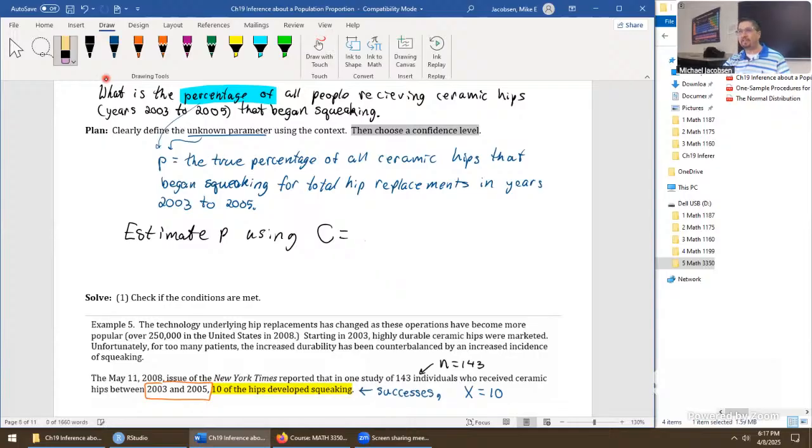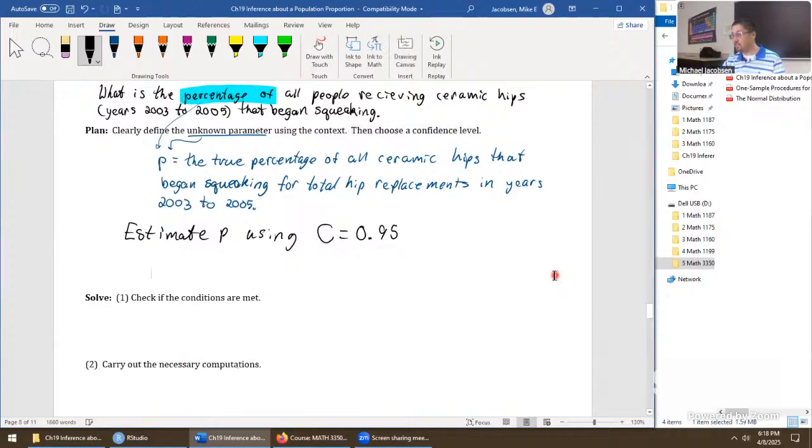Just like when we're picking alpha, trying to balance a type 1, type 2 error, same kind of thoughts actually apply as well to confidence. If you're picking 95% confidence, you're balancing a type 1, type 2 error. That seems weird. There's no hypothesis test right here, but a confidence interval analysis gives an equivalent conclusion to a two-tailed hypothesis test on the same information. So at 95% confidence, we're balancing a type 1, type 2 error, viewing it as an actual hypothesis test in the conclusion. So 0.95 is a good choice on this one.